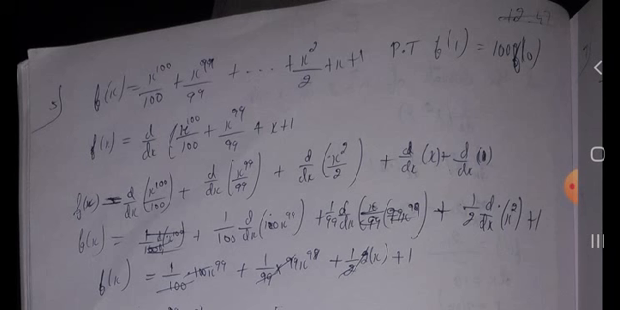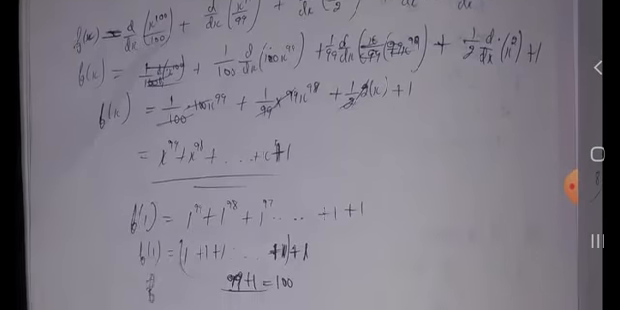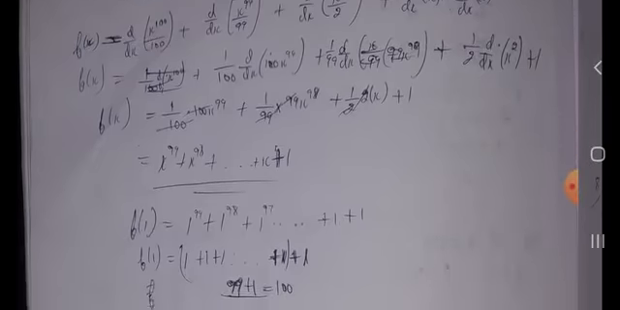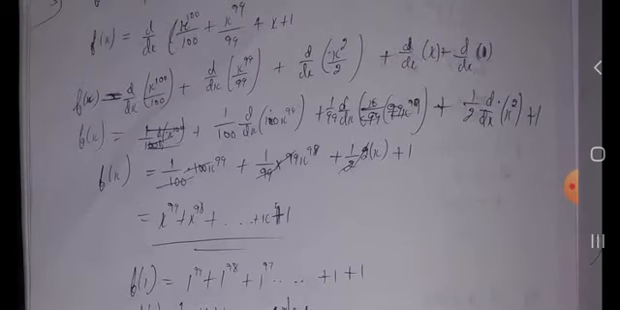into x squared plus 1, so the derivative of x squared is 2x, so 2 will be taken out, and therefore 2 gets cancelled, so therefore x^99 plus x^98 plus, and the final term is x plus 1, and here